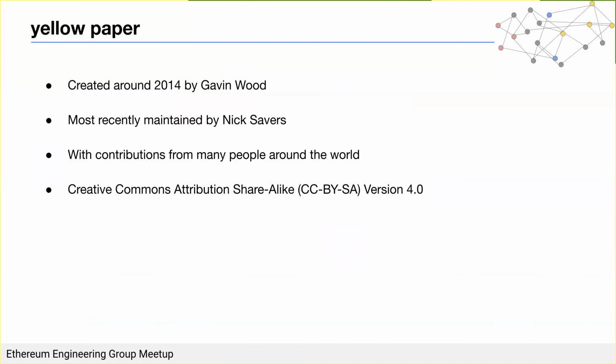Okay, so let's talk about what we're replacing, where we're coming from, and the motivations for why we're building EELS in the first place. The yellow paper itself was started around 2014 by Gavin Wood. It was most recently maintained by Nick Savers, and it has contributions from people all over the world. It's released under Creative Commons by attribution, which I have to mention because I'm using snippets of the yellow paper